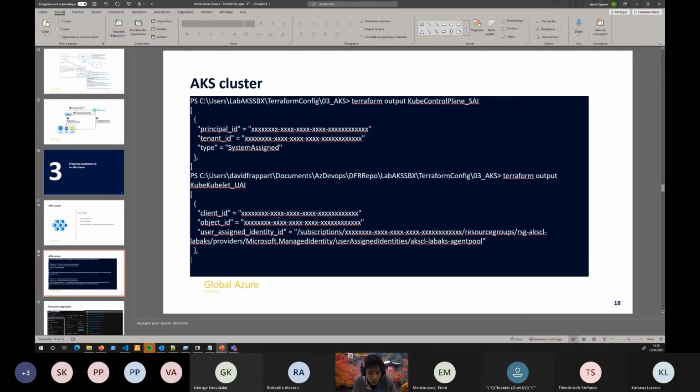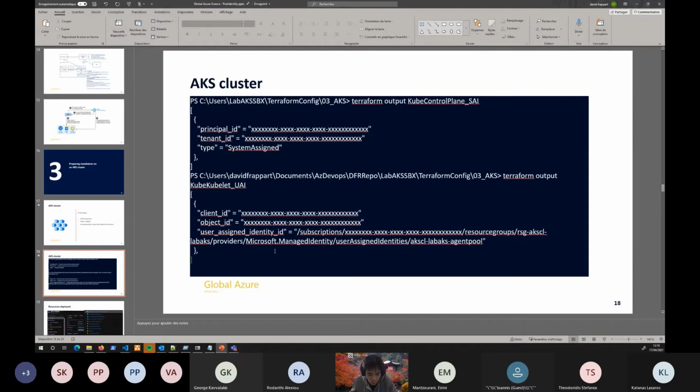But if you are like me, reading a lot of the Terraform documentation, you can find in the Terraform documentation for the Azure Kubernetes service that it refers to different identities. So this one here, an identity that I named myself, the kube control plane SIA for system assigned identity, and another one which is the kubelet UAA for user assigned identity.